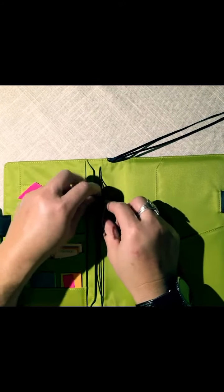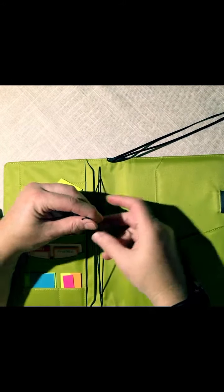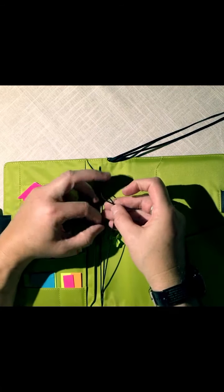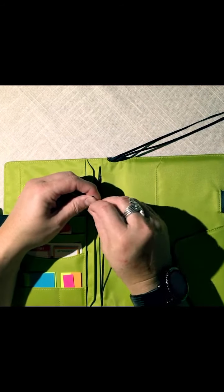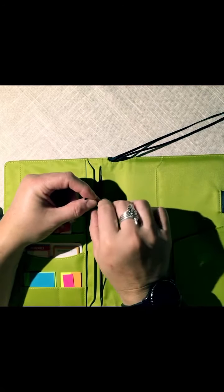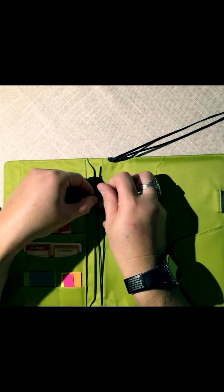Don't necessarily want to have the knot here next to that knot. Now this has not bothered me at all, so I thought that it might, and it hasn't. So all I'm going to do is do a knot here. Well, goodness, my fingers are not working the way they want to tonight. And then